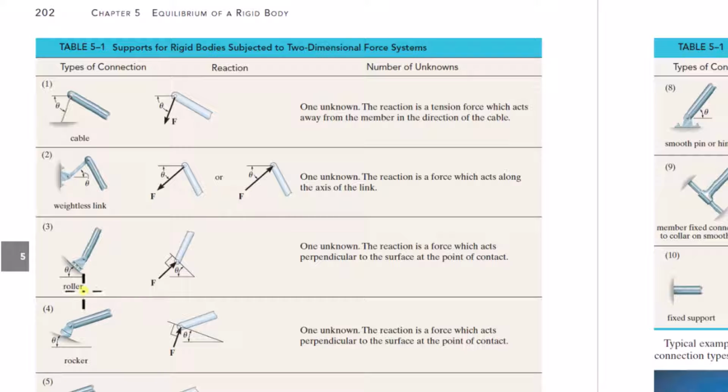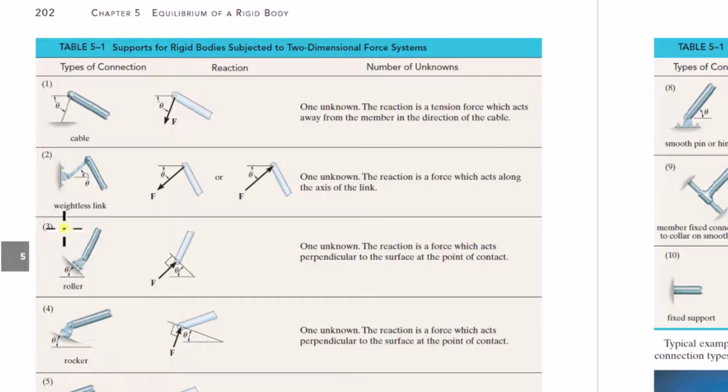Here, a roller. We're imagining this is a pin here, but if you do the free body diagram, you leave this connection here and just take all this out. There's no friction, meaning since there's no friction, there can be no component of force